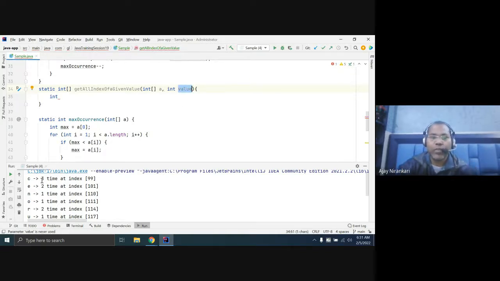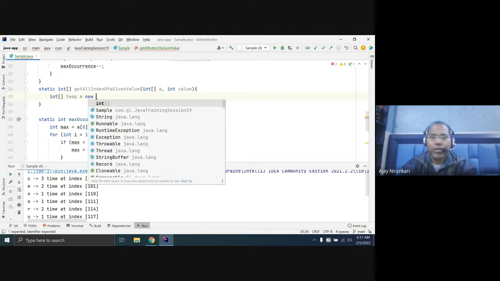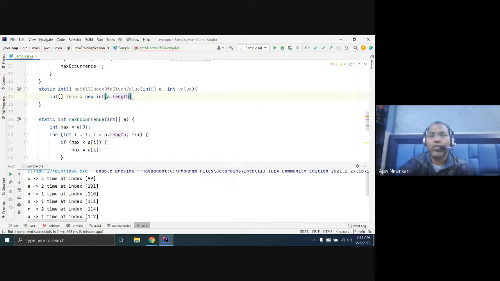In the case of 3 or 2, this is the value. Find the indexes. So you can just create a temp array, and here you can just say new, and the size is a dot length. Let's assume a dot length. Whatever the a length, I create another.